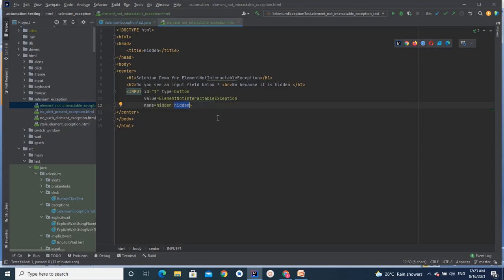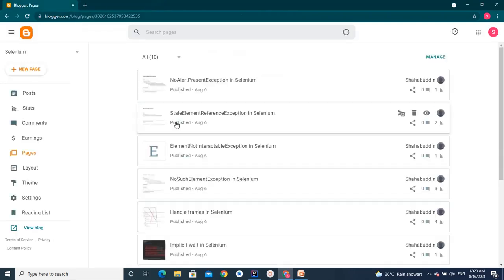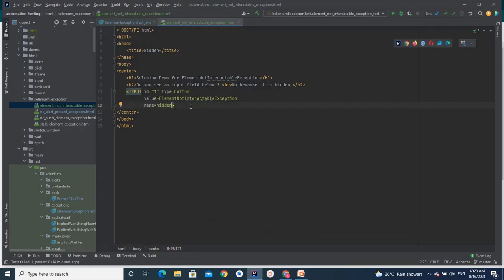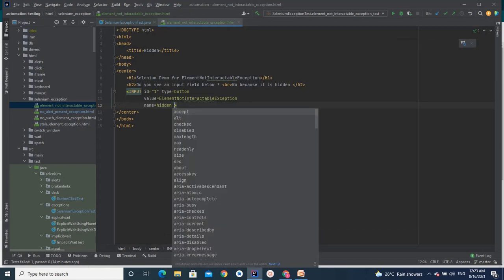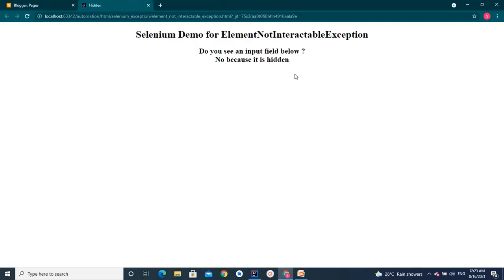For example, if I remove this attribute and open this particular HTML in the browser, you can see this button is visible, right? Now, if I try to hide it by using this particular attribute and open this page again, you can see the button disappeared.